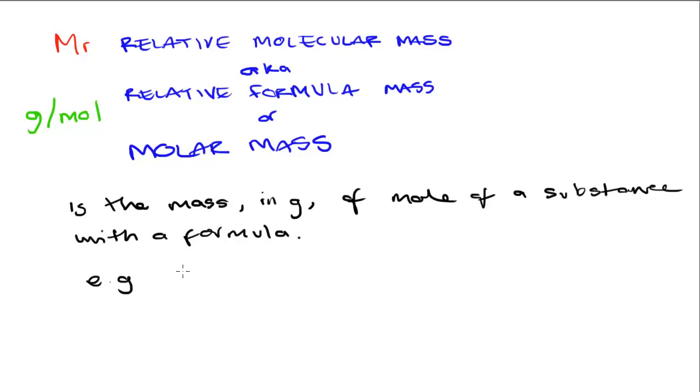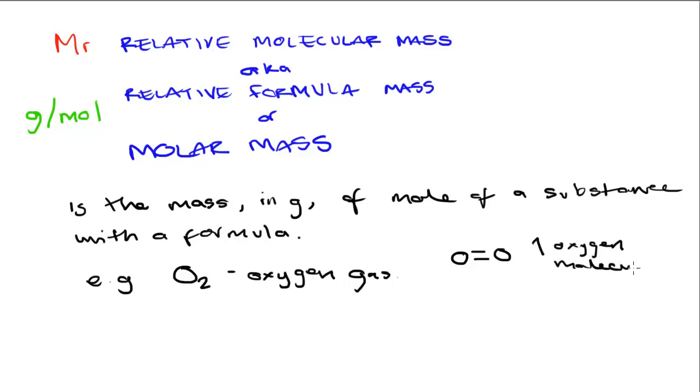For example, let's look at oxygen, O2. Oxygen gas, what's known as molecular oxygen, is made up of oxygen molecules. Here's an oxygen atom bonded with a double covalent bond to another oxygen atom to make an oxygen molecule. So this is one oxygen molecule that's made up of 2 oxygen atoms